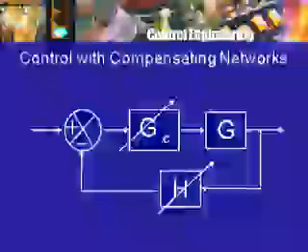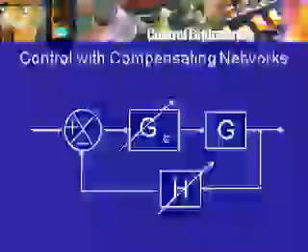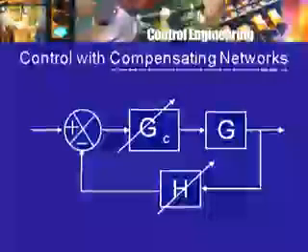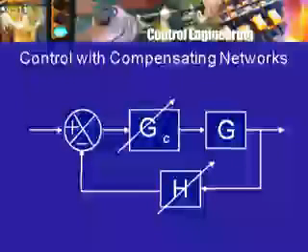Classically, the control problem is to choose the compensator Gc in the so called forward path and to choose the feedback path transfer function. And as we saw in the early days, because almost all the signals except the ones that involve the load itself were electrical signals, one could think of simply electrical networks called compensating networks to do the job. So, classical design techniques were heavily geared towards design of compensating networks,